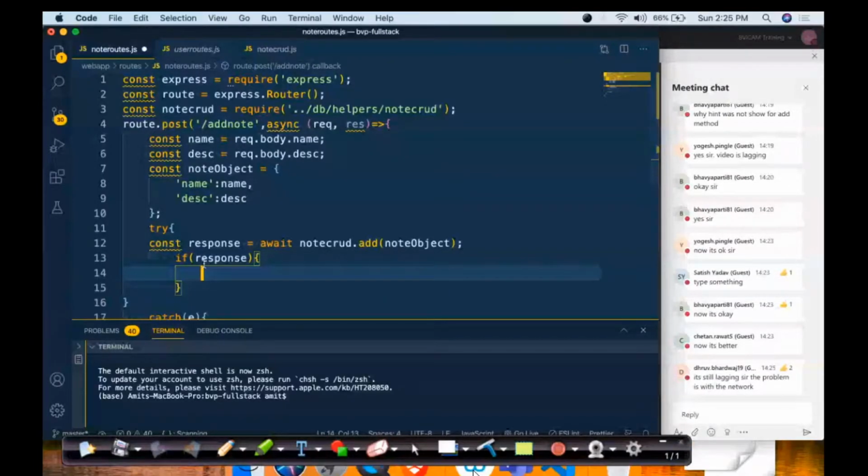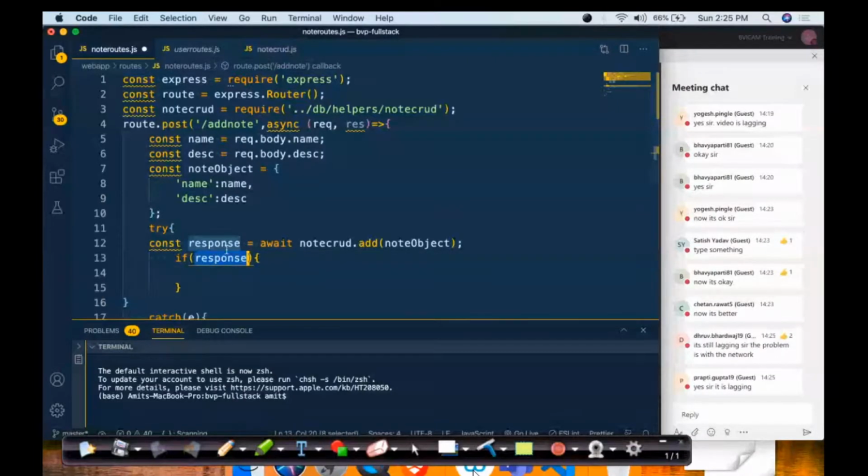So if anything is missed, please ask in between. I have the response. The response is coming up. If the response is there, we will say if response is present. So response would be